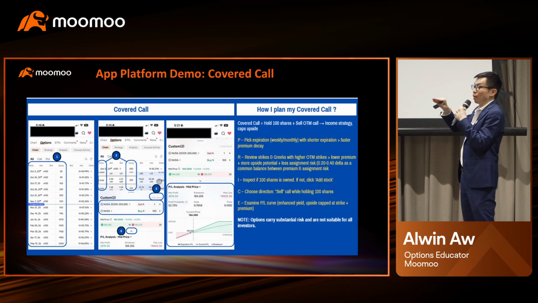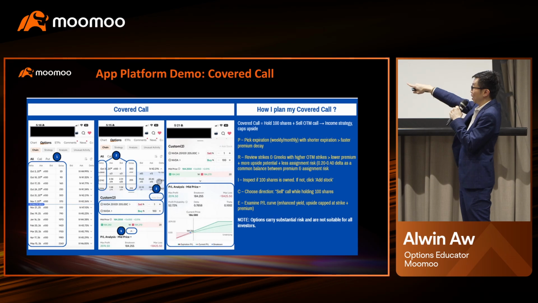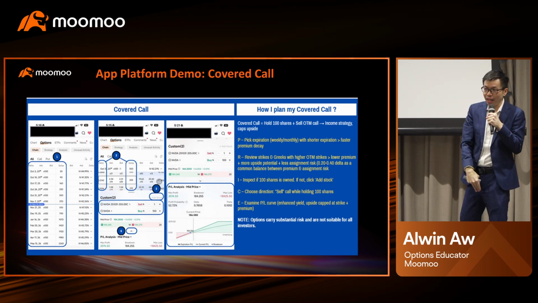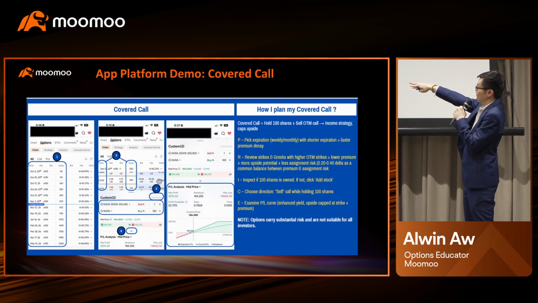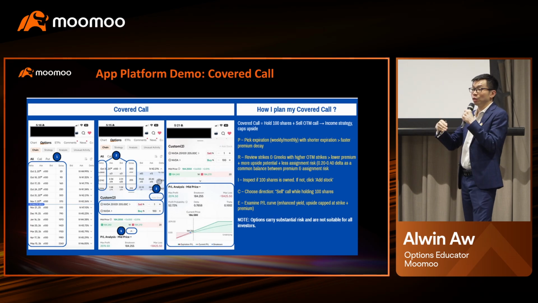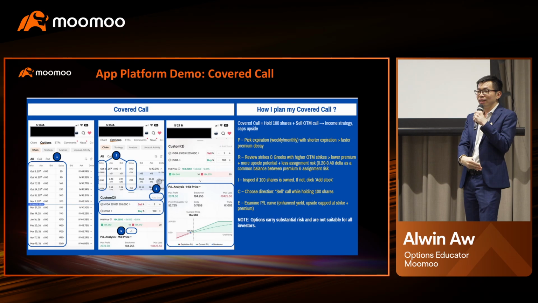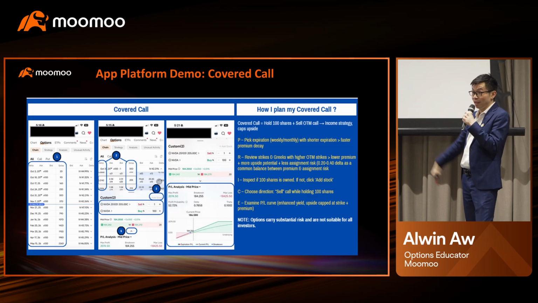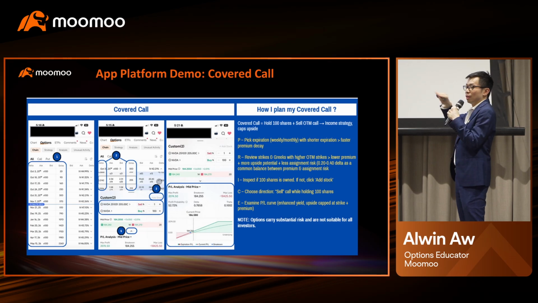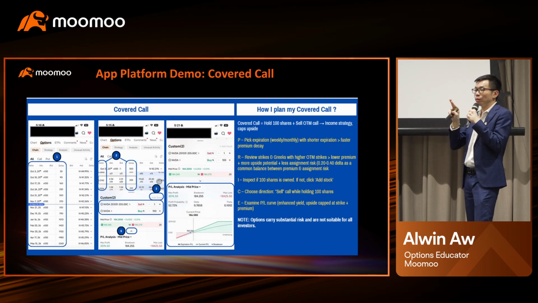We also inspect whether the 100 shares are owned before we do a covered call. We must always check you actually have 100 shares. If you already have 100 shares, then of course you won't see the buy there. You will only see a sell call. Why? Because you can also link in the option. You can buy 100 shares first, then sell a call at a later time frame. Make sure when you sell, the call is a sell, not a buy. So you pair these two together.